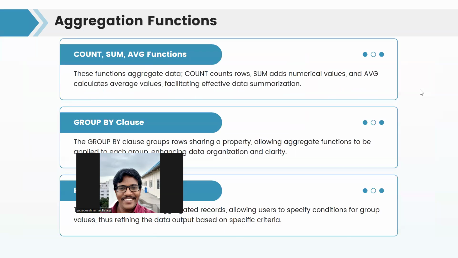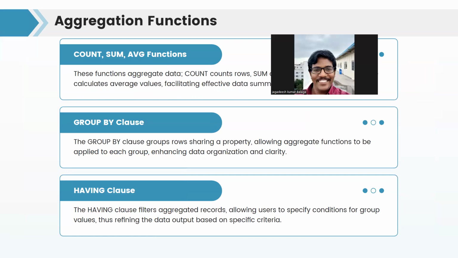So some of the aggregate functions, okay, like count, sum, and average are used for statistical needs, and group by is used to group particular data, and the having clause is used for filtering and to give more specific conditions for a group. Okay,